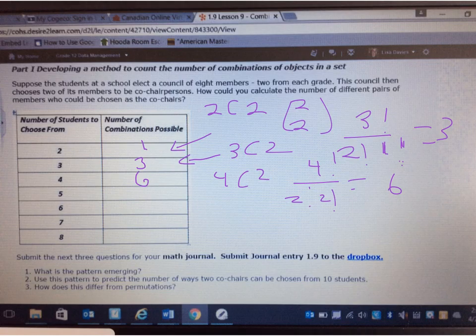A permutation and a combination, they're different because one is with replacement and one is without replacement. And what that means is once I've chosen a person for a committee, I can't go back and put that person back in the running. They've already been assigned a position. With permutations, it's like